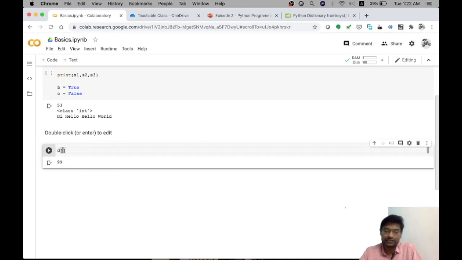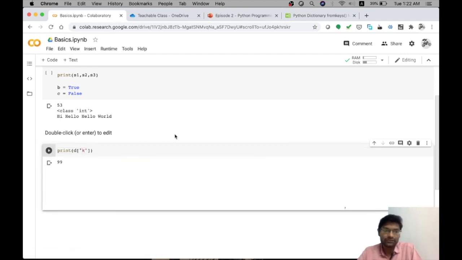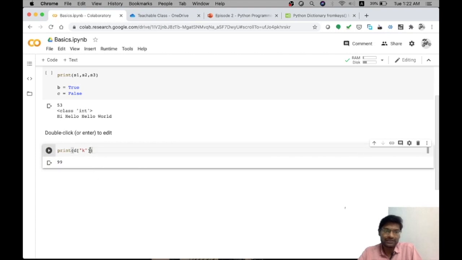Likewise, d within brackets k, and if I am going to print this, I can access the value of k. Okay, I did not give the brackets here, so within double quotes, brackets k I need to give. So my 99 will be returned. So this is nothing but my dictionary output, I am accessing it. This is just a simple d.get command. So in addition to 4 and 5, I have added value k also to the dictionary this way.